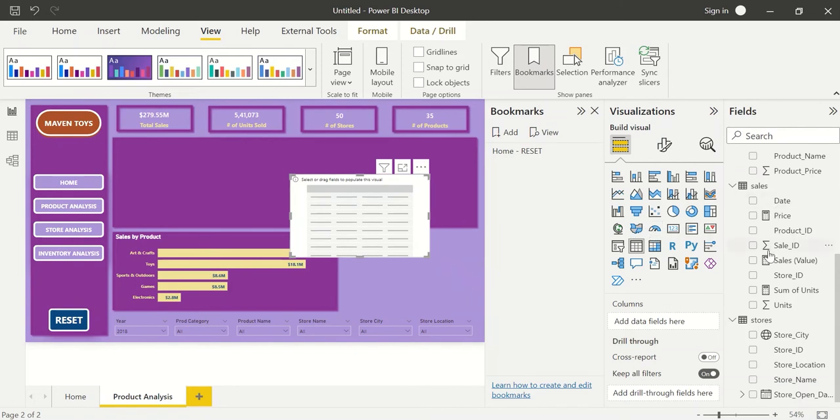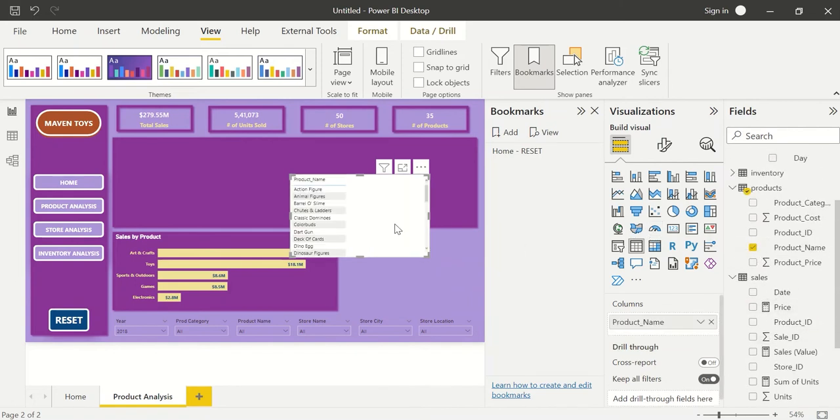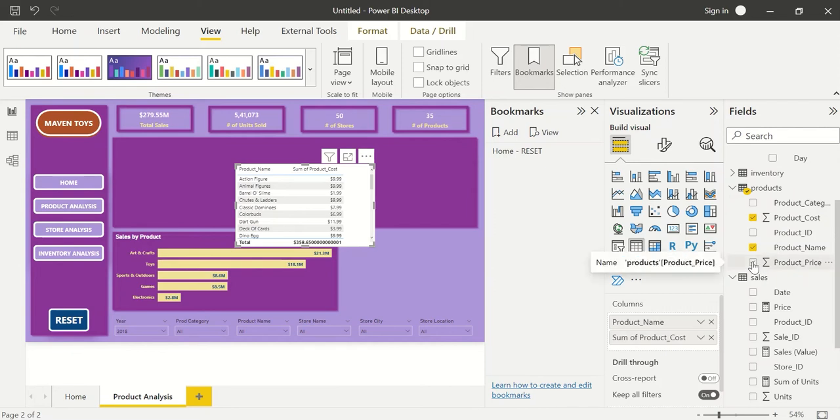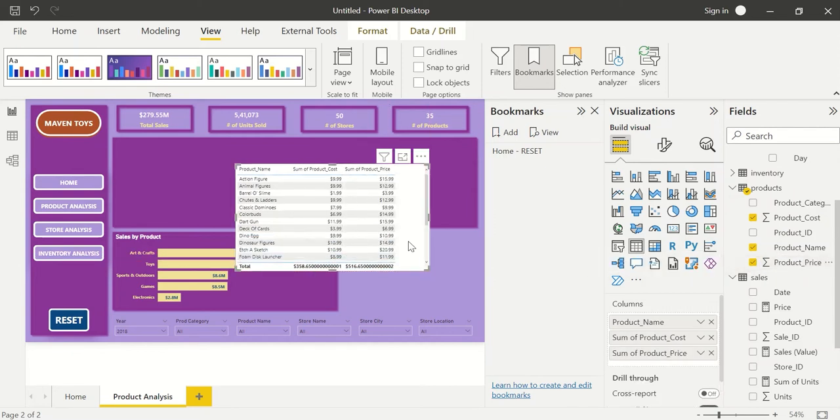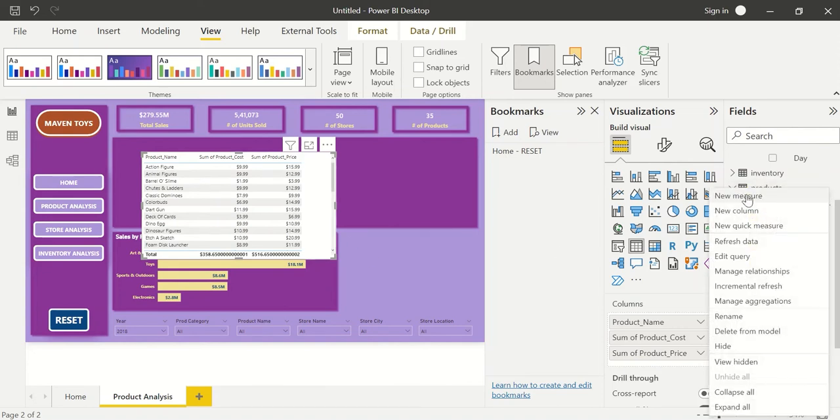All right, so what we will do is, we will have one table, right? In this table, what I will add is product, right? Now I need to add product cost. Now let's add product price. Okay, so now if you want to see what is the margin can be created. For example, if I create a DAX,